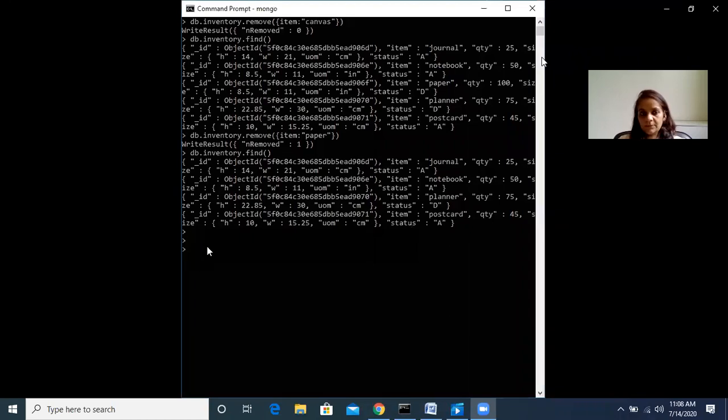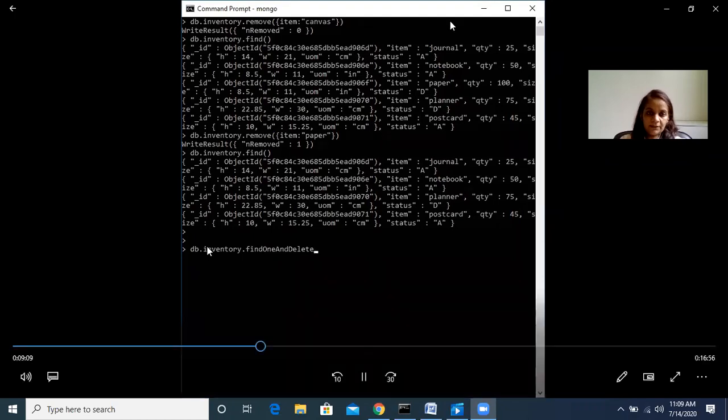So the syntax will be db.inventory.findOneAndDelete.